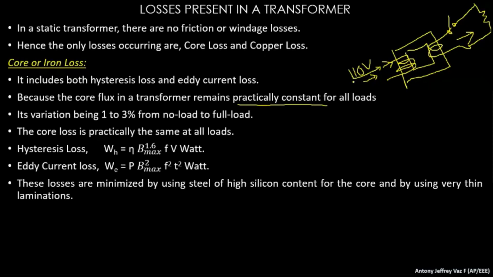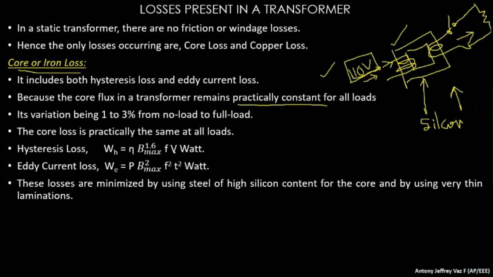So it is practically constant because the voltage which you provide in the primary is a constant. The core loss, or iron loss, depends on the material the core is made of. If you make the transformer with high grade silicon steel, then the core loss will be less. If the material is very poor, and the silicon content is very low, the core loss is going to increase to a higher range. So depending on the voltage and the core of the transformer, the core loss is practically a constant.